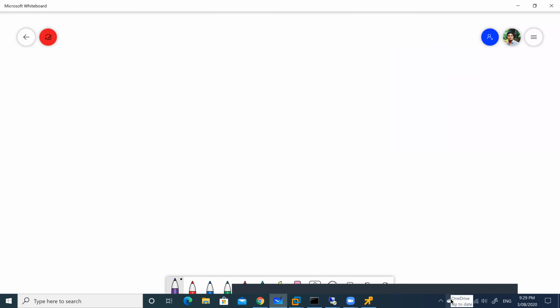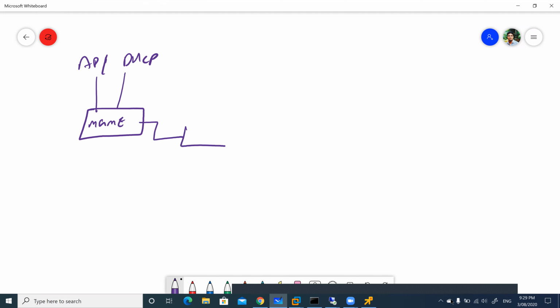So now your AD is ready and DHCP is ready, right? So this will be connected to the management switch. And from here you will be deploying your level 1 switch, and from here the PCs will be connected.